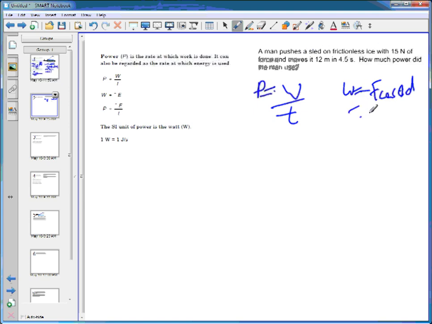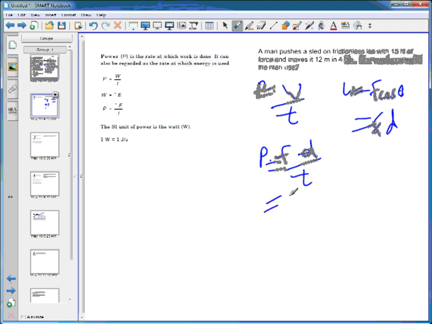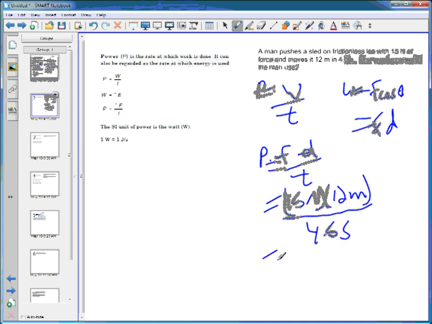Therefore, work is just equal to FD. Therefore, power is equal to FD over T, which equals 15 newtons times a displacement of 12 meters divided by 4.5 seconds, equals